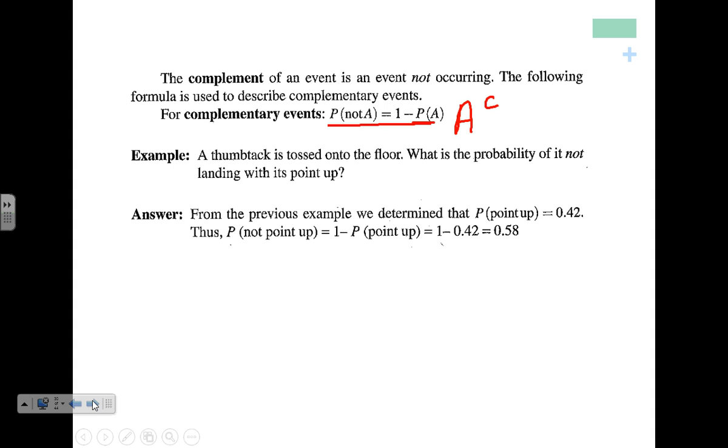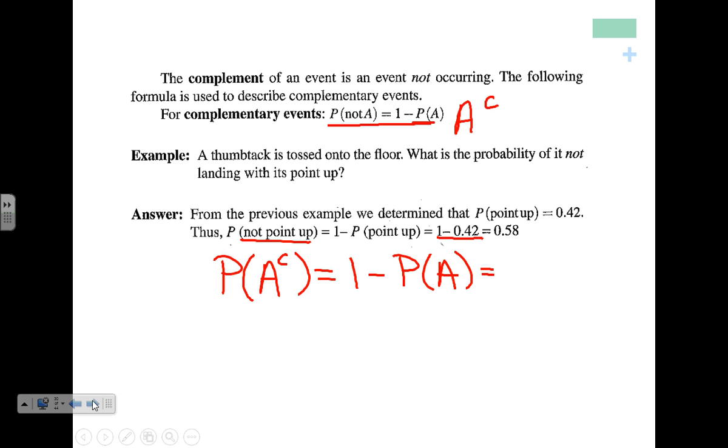the probability of the complement of A. So here with our thumbtack example, a thumbtack is tossed on the floor. What's the probability of it not landing with its point up? So we are looking for the probability of not point up, the complement of point up. If A was point up, that would be 1 minus the probability of A, which is 1 minus 0.42, or 0.58. Easy, just subtract to use a complement,